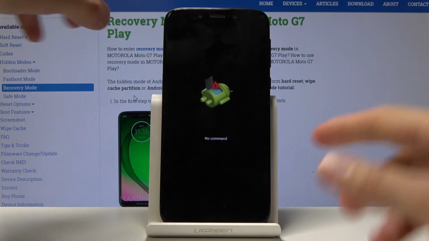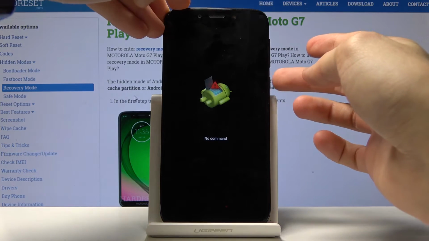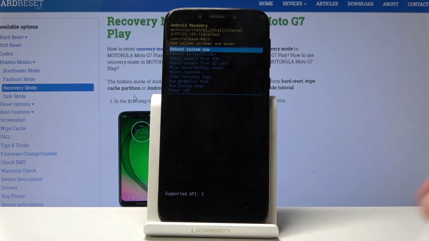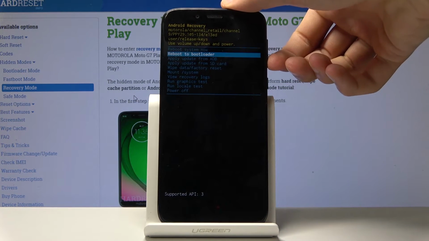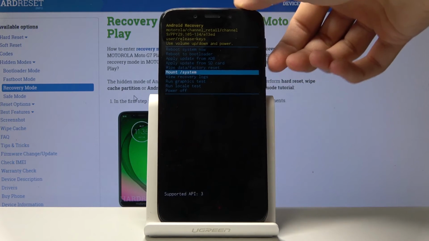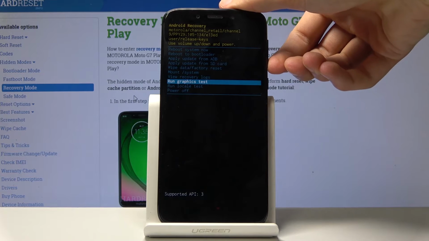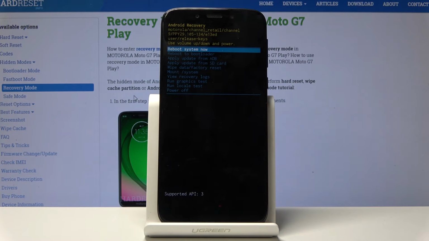and then you should see, well, the Android with no command. So hold the power key and press volume up like so, and we're now in the recovery mode. From here you can restart the device, reboot to bootloader, apply updates, wipe data on system, view logs, and a couple other things. And I'm just gonna select reboot system to go back to the normal Android as